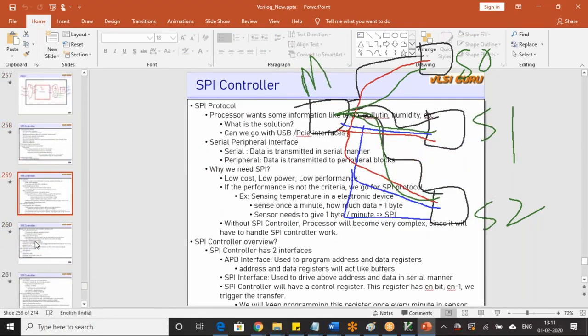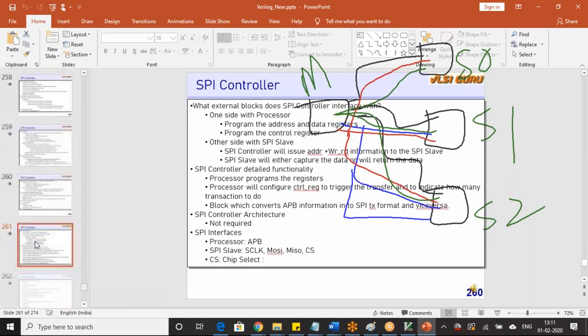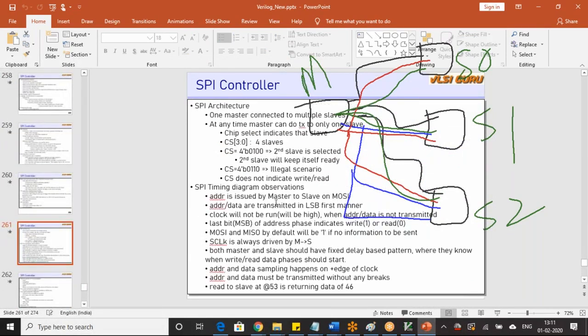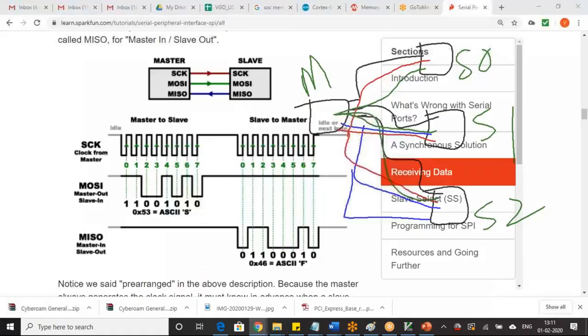So what are the observations we make from the SPI protocol in the diagram? Address is always issued by master to slave on MOSI. See, this is the address 53. The address always goes as LSB first. At least in this architecture, LSB is going first.